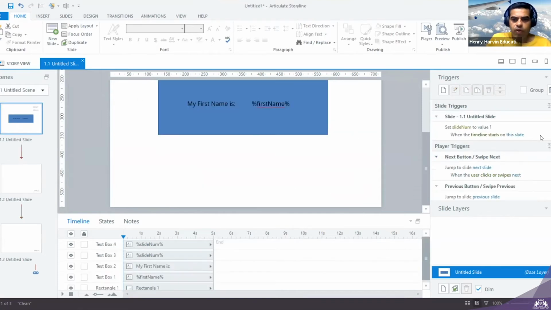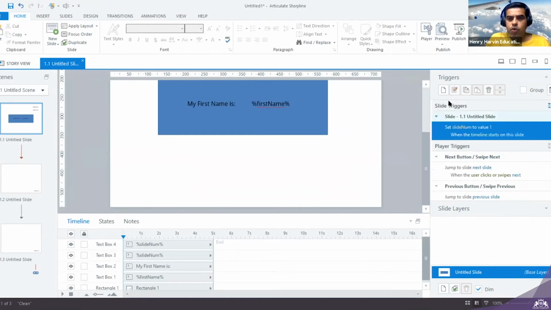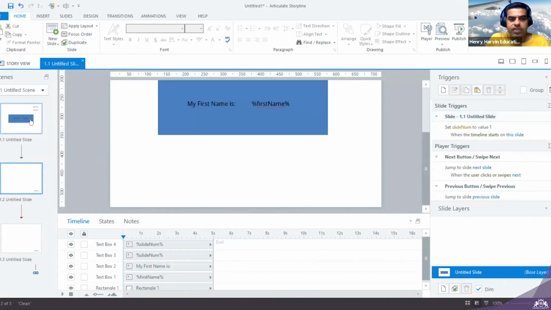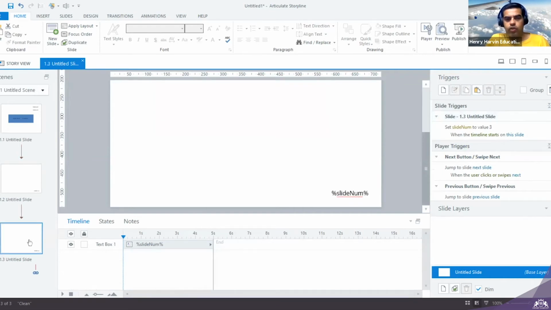Every time you don't have to write the same trigger again and again, you have an option known as edit, copy the selected trigger. So if I say copy the selected trigger, I come on the screen and I can say paste. Again the same value is coming and I can change it to the value 2. If I'm going here, I can say paste and change the value to 3. So this is an easier way to implement triggers again and again. Clear? This is a way you can maintain your triggers also. This is what we are going to learn every day, how we can improve triggers and how we can write them.